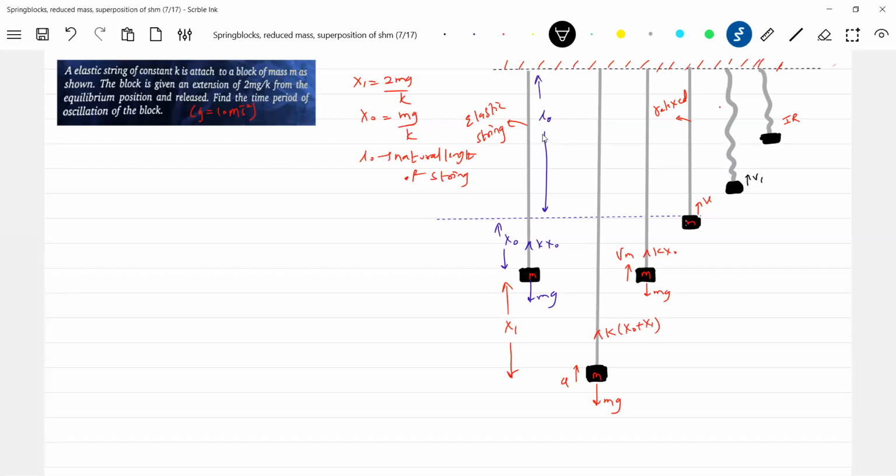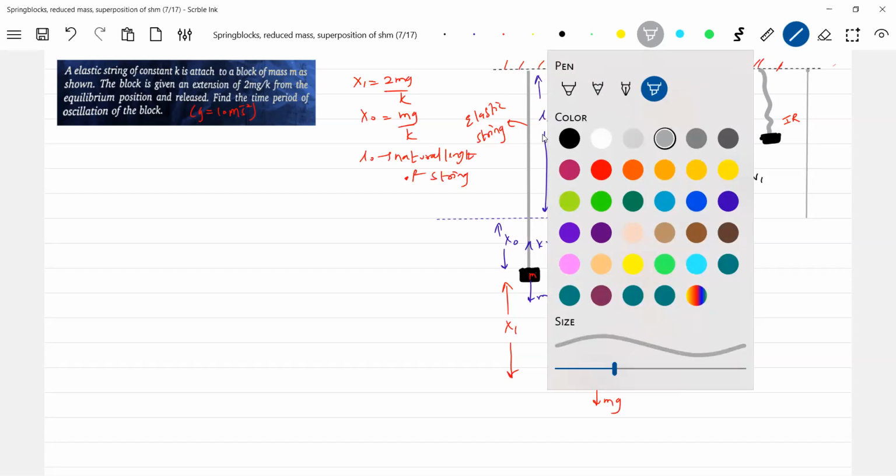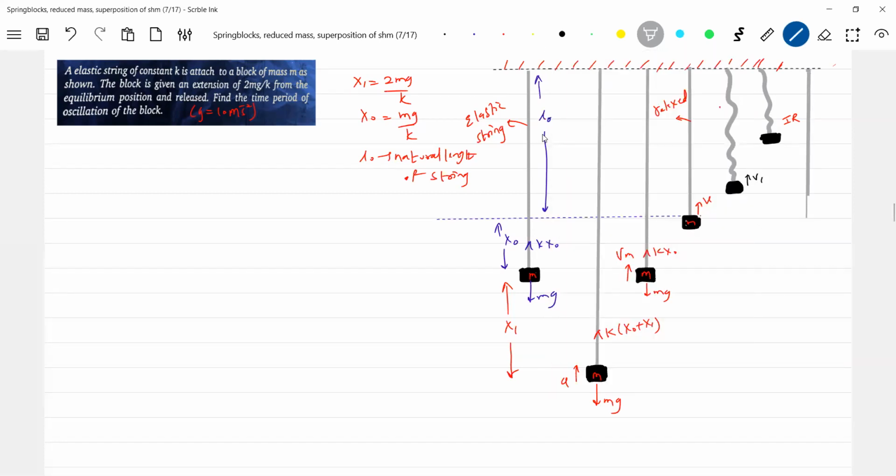Again, it will descend. Okay, now you see this. The block will return back with the same velocity v. Gravity is also present, don't forget. Then again it will come back to